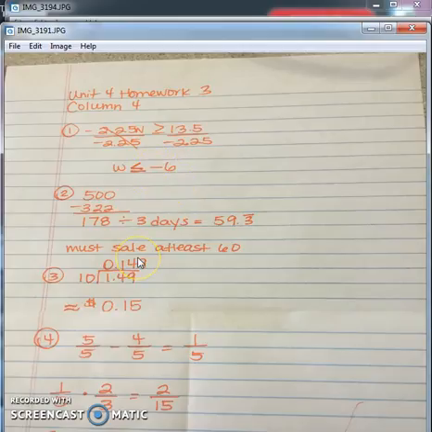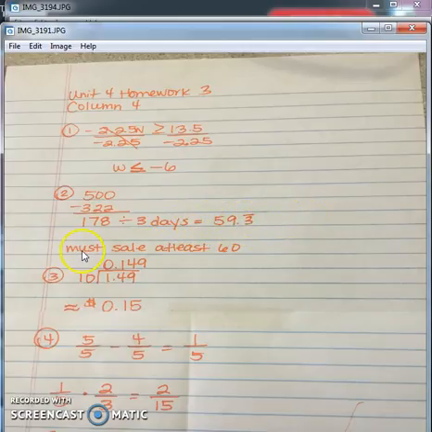It also makes our answer negative because a positive 13.5 divided by a negative 2.25 is a negative 6. Okay, number 2, it says a business has a goal of selling 500 bags of chips with 3 days left. They have 322 to go. At least how many do they need to average per day to meet their goal? Well, we're going to do 500 minus 322 to see what they have left, and that's 178. Then we'll divide that by 3 days, which is the amount of days that they have. So that would equal